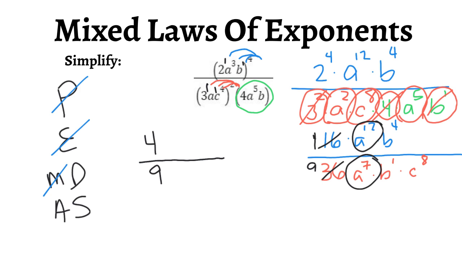When I'm dividing, remember, I want to subtract the exponents. So 12 minus 7 is 5. So I have a to the 5th power. How do I know to put it on top? Well,